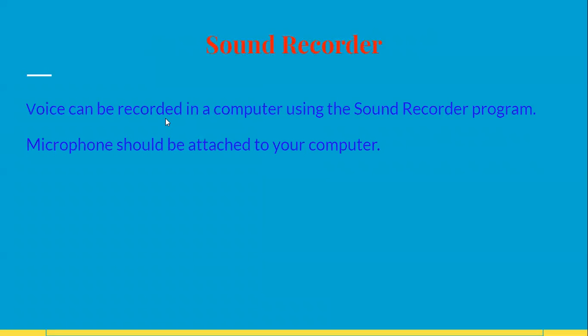Now there is sound recorder in your computer system, students. The sound recorder is also there. The purpose of the sound recorder is to record our sound. We can record our sound, but how we can record our sound? The microphone is needed to record the sound. If microphone is not there in your computer, you can't record your sound. So steps are there. You can record your sound, you can save your sound. These all things you can do. You have to do the practice of all these things. You can do these all things in your computer system.